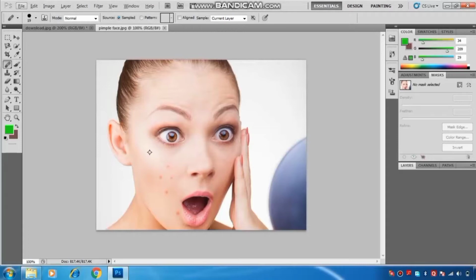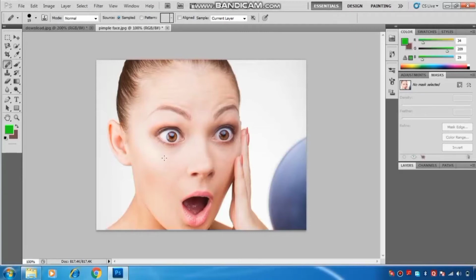Now by lifting the Alt key, I just click over the area like this. Here you have seen the spots are healing now. So the healing brush tool is used to remove the spots.